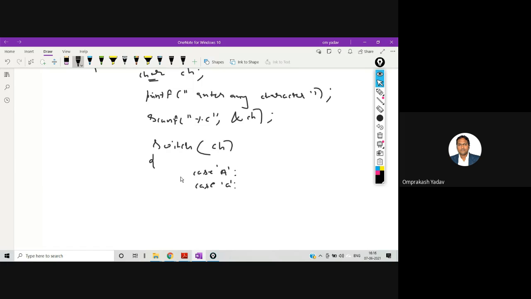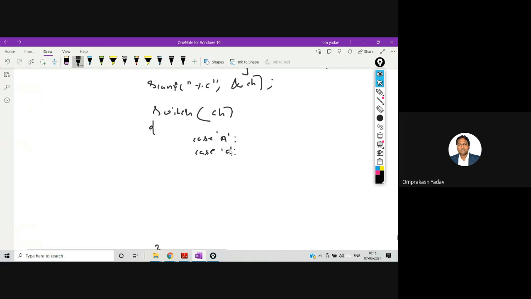Now the program can be written in this way, that for every letter you can write that this is a vowel if that case is there, and then you can write the break. Or I'll just utilize the concept of break. If I don't write the break, then the further cases will also be executed, and I'll take the advantage of that free fall, and I will write all the cases at once, because I know if any of these characters are there, then the output must be a vowel letter. So that's why I'm writing all the characters.